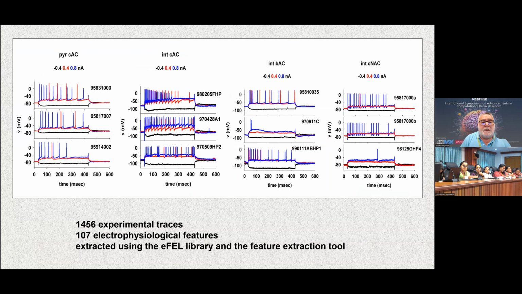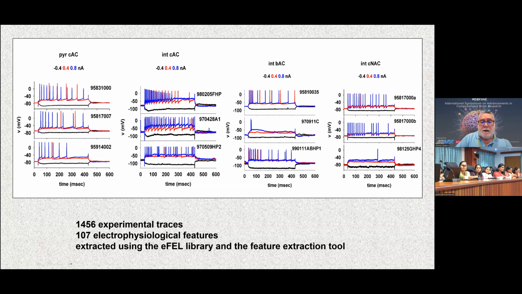So how do we build the network? We start from the experimental traces, and you see that there is a lot of variability in them. We used almost 1,500 experimental traces to constrain our computational models of single neurons in such a way that we were able to be consistent with and reproduce the experimental variability that you see in vivo. We used some tools to do this that Luca is going to show you in practice, because we built a platform